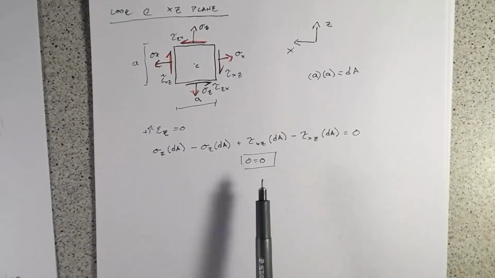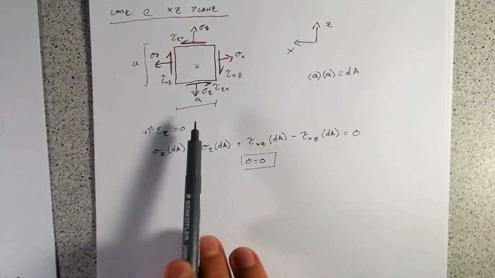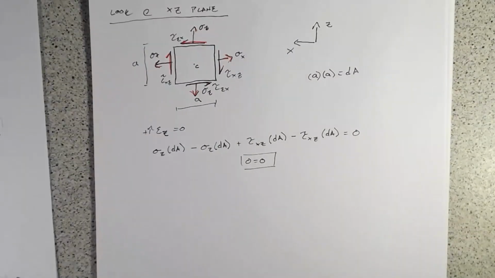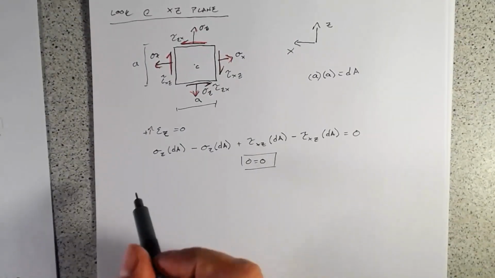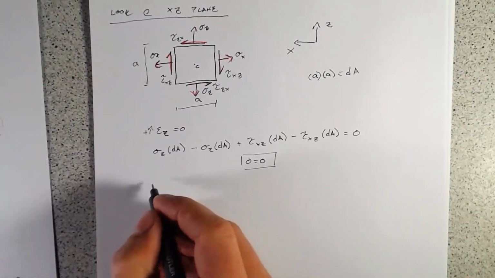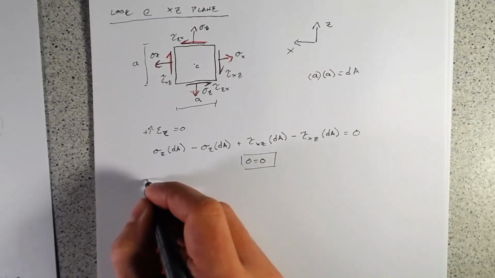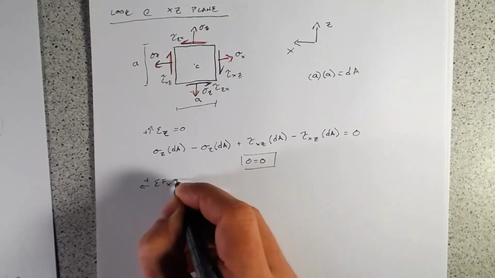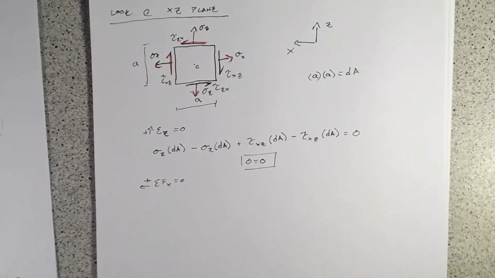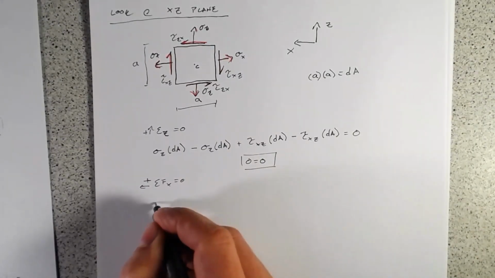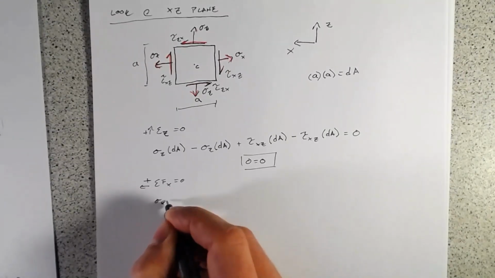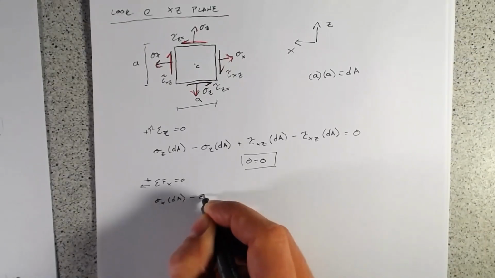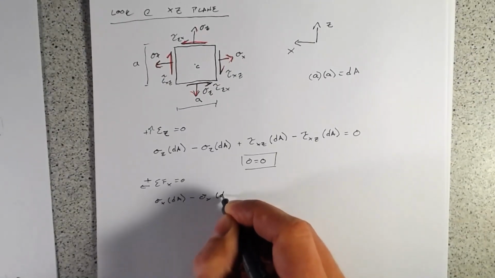And so with that, all right, well, we know that our normal stresses and our shear stresses are going to be equal and opposite for equal and opposite faces. Well, let's look at the x direction. Sum of the forces in the x equals 0. And we're going to have something very similar to up above, where sigma x times dA minus sigma x times dA